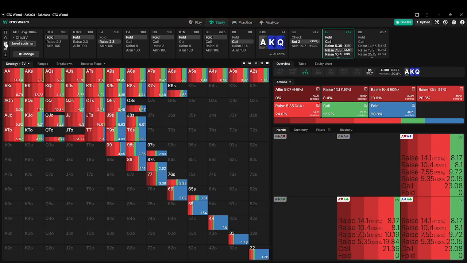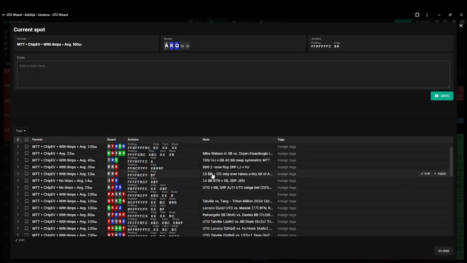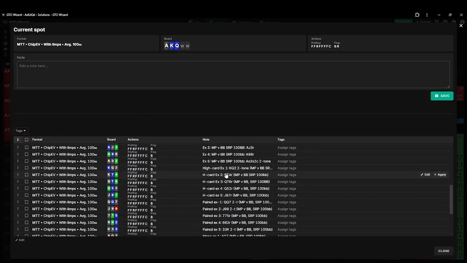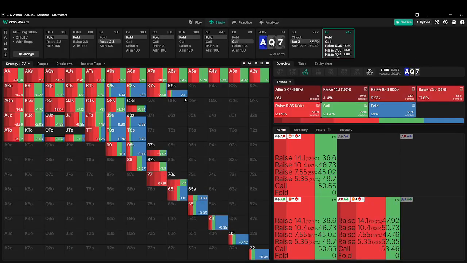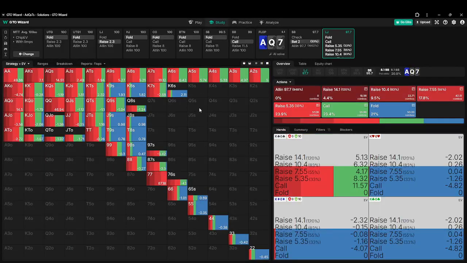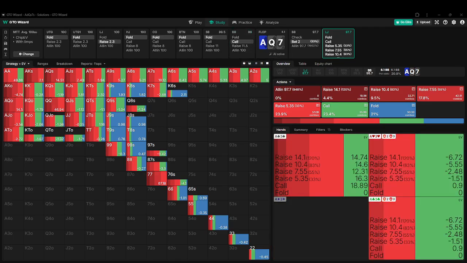Now I did save a whole lot of these spots, so I'm just going to click and find the next spot, the ace high, as an example. I think that breaking it down into themes is also really nice like this, where again, when it comes down to the five different types of flops, if we compare the equity of middle position and big blind, we can see that, and it's a bit common sense, but the ace high flops are basically the best kind of flops for us in a way,